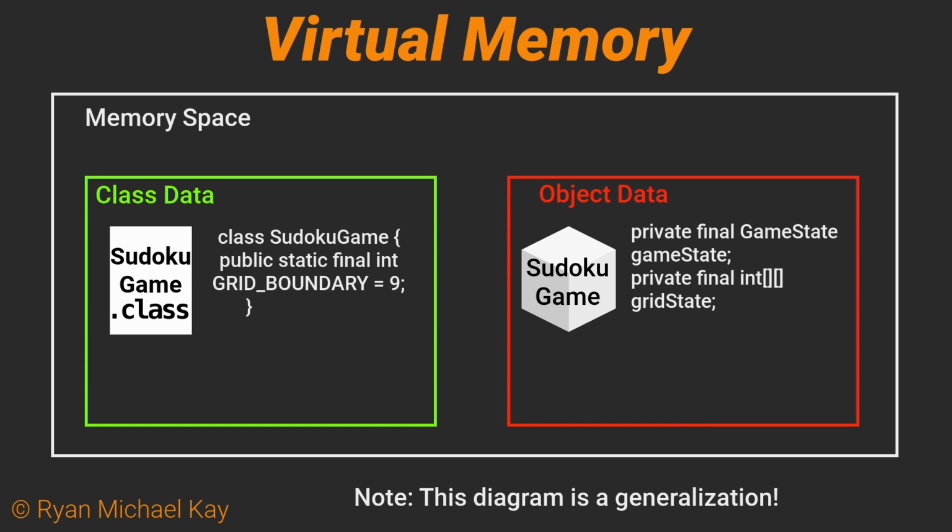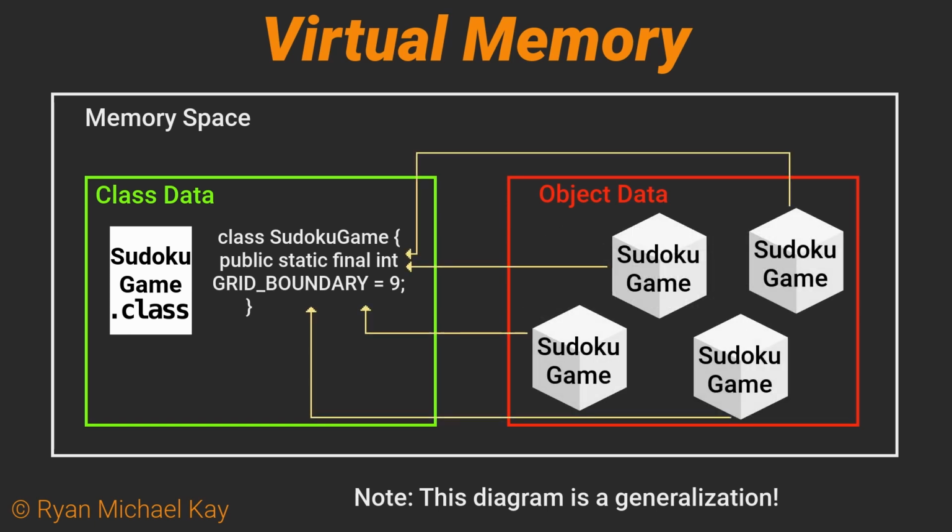There are several consequences to the fact that these static variables are stored with the class data instead of with the object, but the most important one has to do with the ratio of objects relative to static variables. There only exists one copy of a given static variable for any number of objects associated with it. For example, we can create 500 Sudoku Game objects and they will all be sharing that same static variable. That is why in section 3 I told you to be very careful with non-final static variables. If they are not final, they are a prime example of shared mutable state.